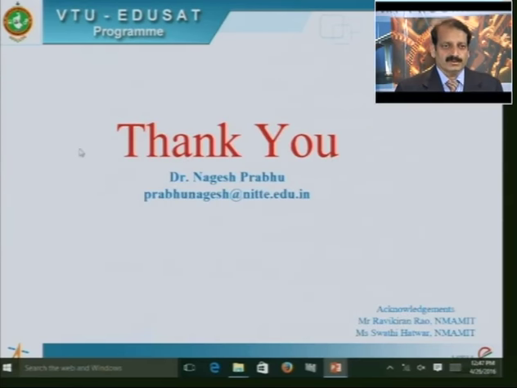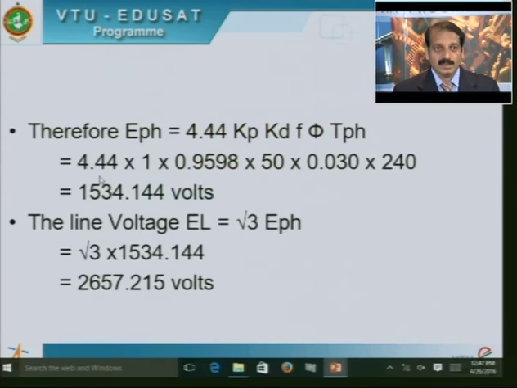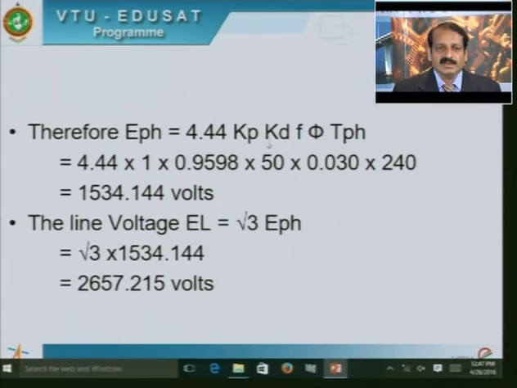Now, we can calculate E phase, which is equal to 4.44 Kp Kd F phi T phase. 4.44 into Kp is 1 because we have used full pitch coils. Kd we have calculated, which is equal to 0.9598, and F is equal to 50, phi is equal to 0.030, T phase is equal to 240, and we get